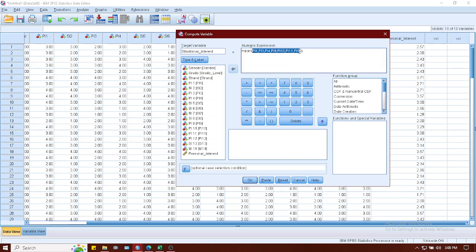So you can highlight this one and then begin clicking SI and then comma, SI5, SI6, SI7, SI8, SI13, and SI14.